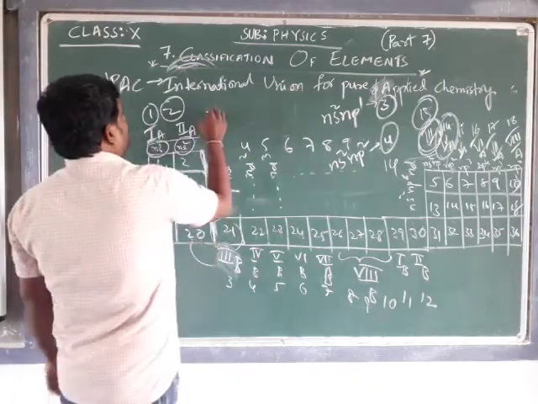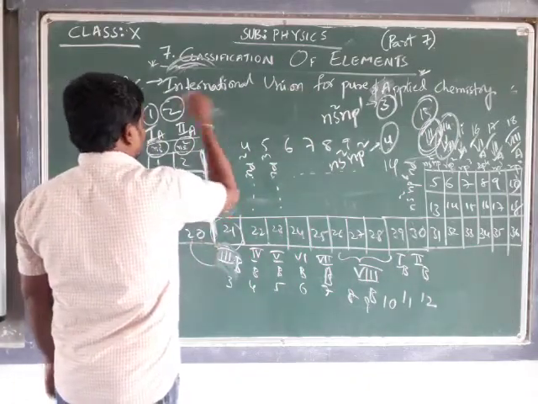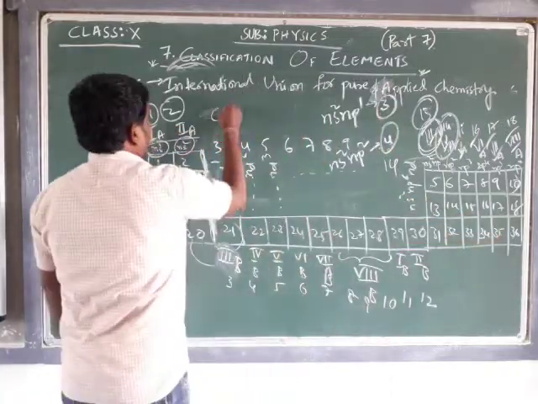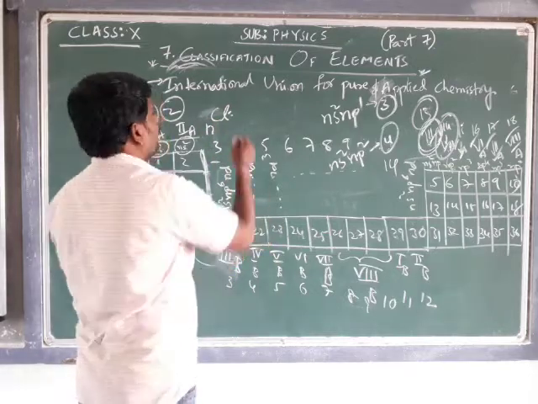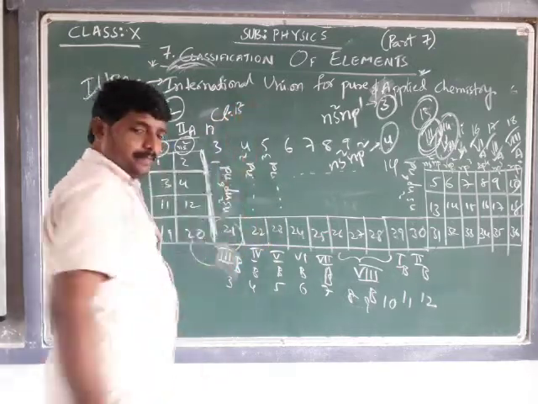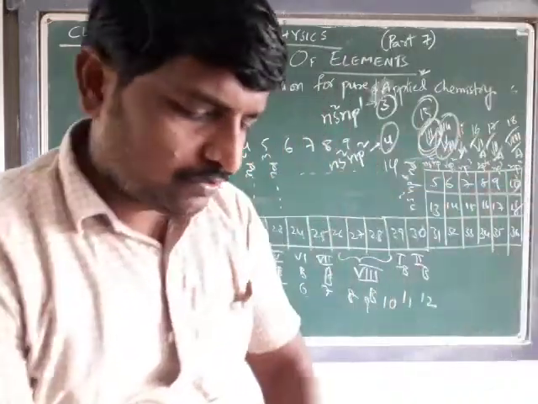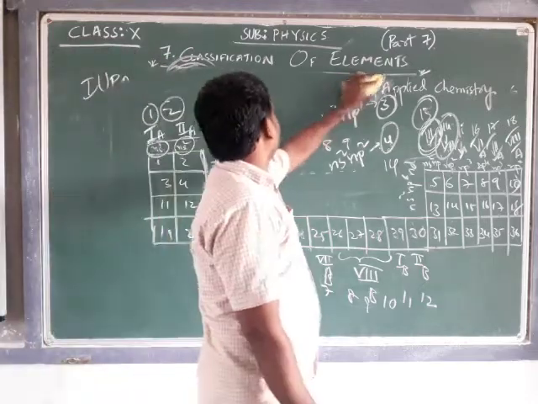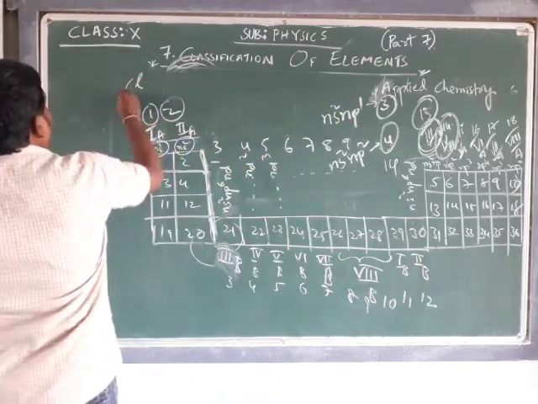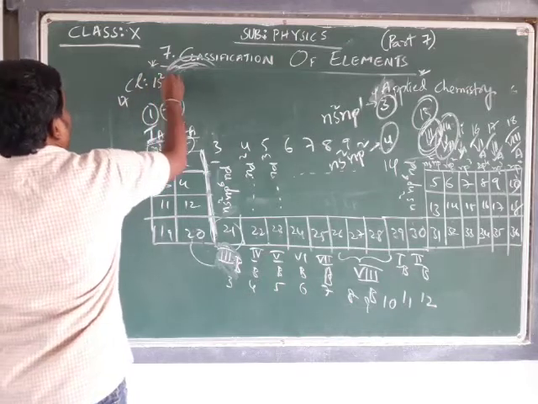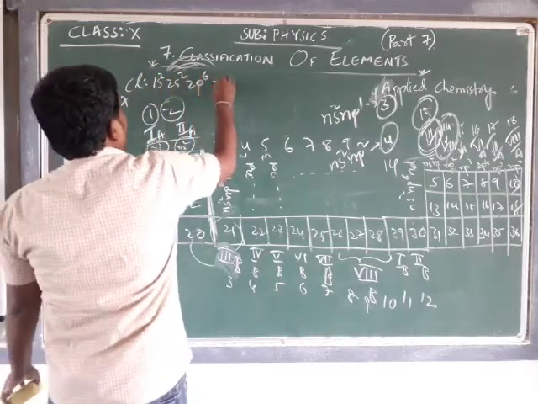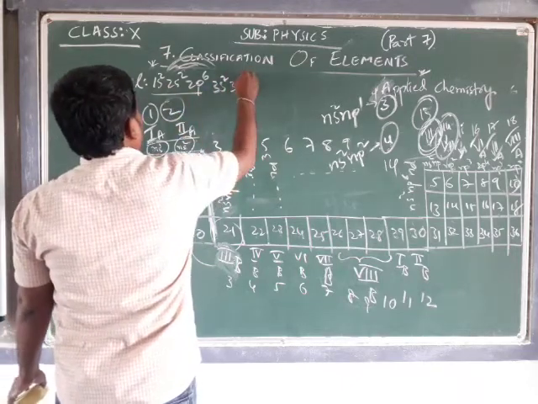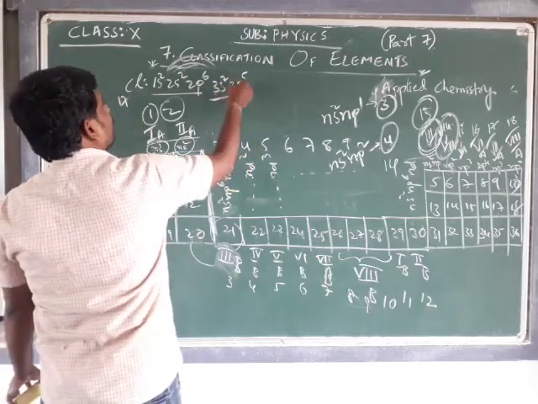Suppose you have a general formula like this. For example, I am writing the configuration of chlorine. Which group is it going to fall in? Suppose some element is given and the question is which group it falls in. You have to write the electron configuration of chlorine, 17: 1s2, 2s2, 2p6, 3s2, 3p5. So it is going to form in the NS2 NP5 formula.